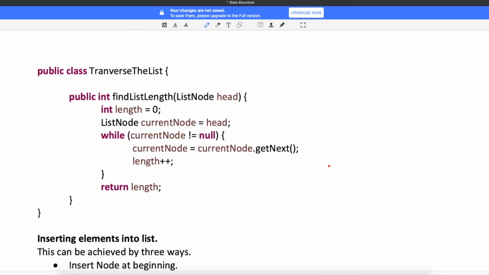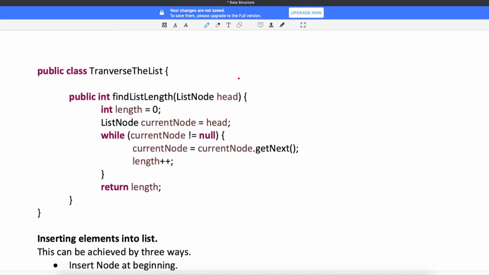So this is a small method which will traverse through the list and count how many nodes your list has. Guys, don't worry, even though you are not able to understand here, because I'll cover it in a very basic way. There is a small method, but I believe that you know core Java, so utilize your mind, put your brain here, and try to understand.